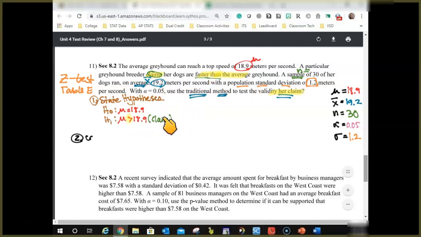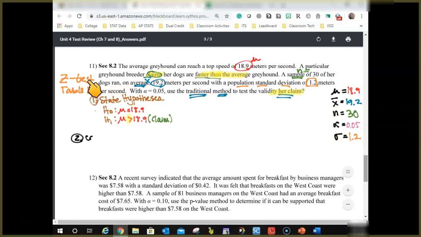So this would still be our claim because even though it is stated, it's the alternative. And generally the alternative hypothesis is the claim regardless, unless it's stated otherwise in the problem. This one actually states claims, but it's claiming what her assumption is. So our critical value